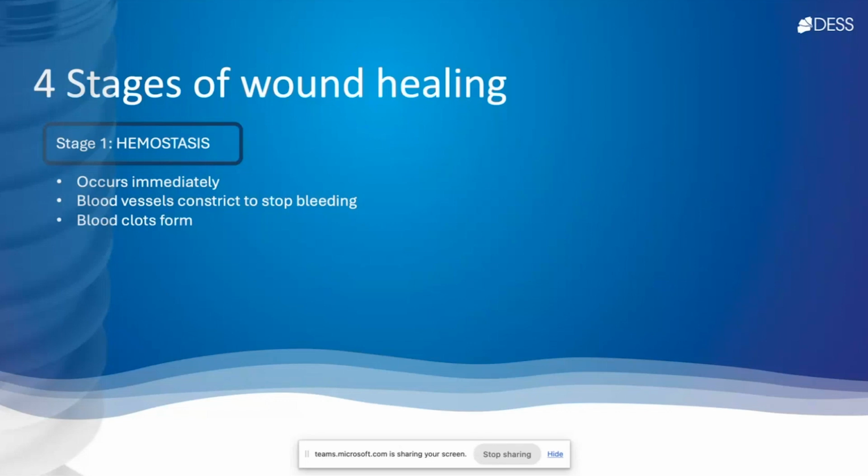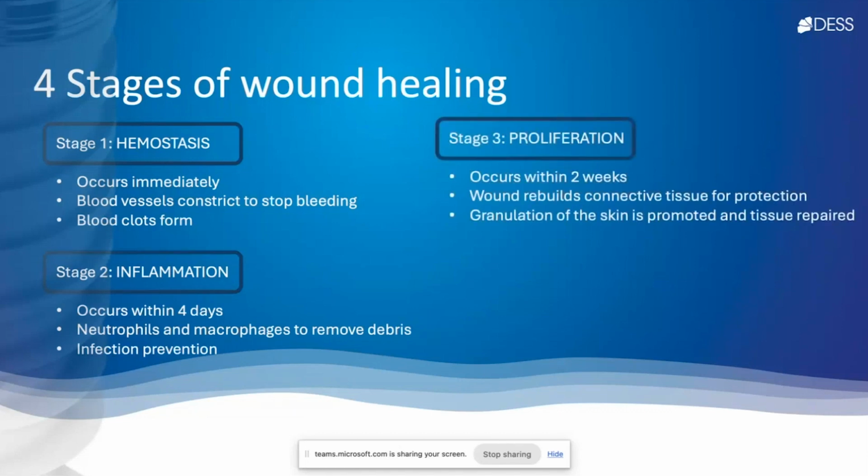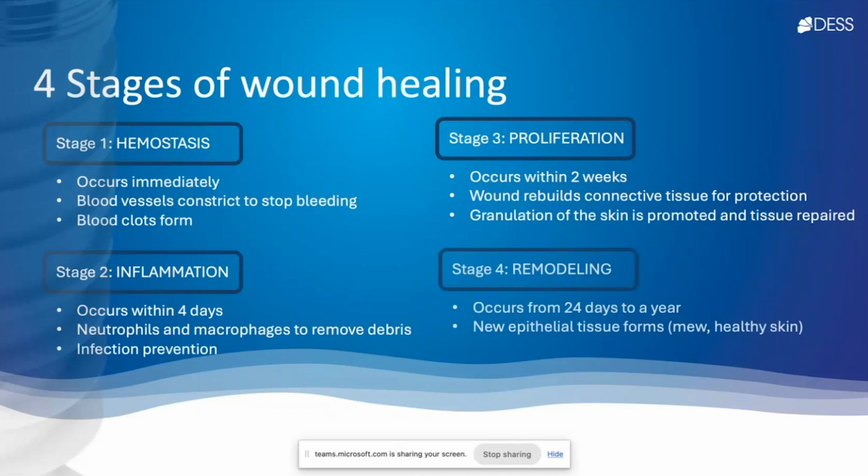Number 1, hemostasis, which actually occurs during the drilling and placement of the implant. Phase number 2 is inflammation, which occurs within 4 days, where the immune cells kill the bacteria and remove the necrotic tissues. Phase number 3 is proliferation, which occurs within 2 weeks, when the cells start to proliferate. And finally, phase number 4 is remodeling, which occurs from 24 days until a year, and it